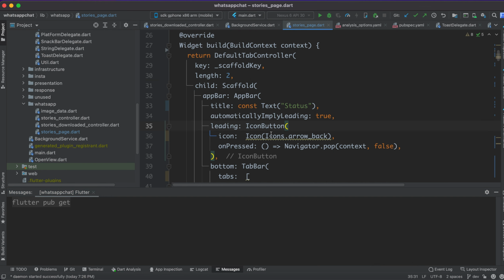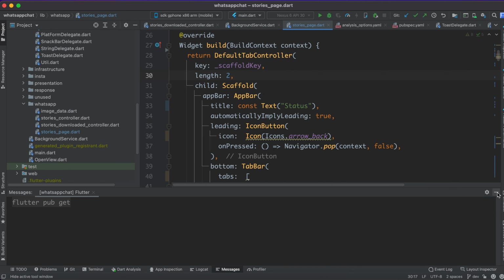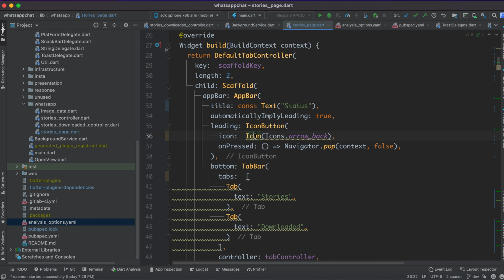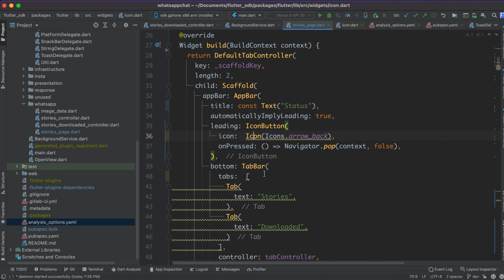So now you can see it's showing the hint, right? You should use the prefer const things like this: prefer const with constant constructor, because this is a stateless widget and if you go there, they are using a constant constructor, so that's why we need to add const here. So it will give us a hint.